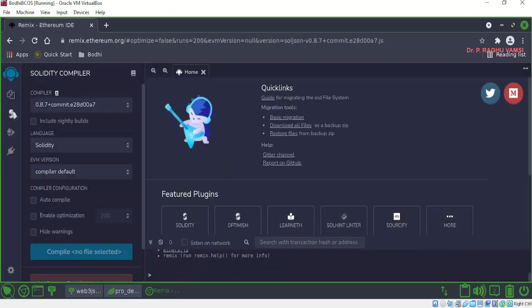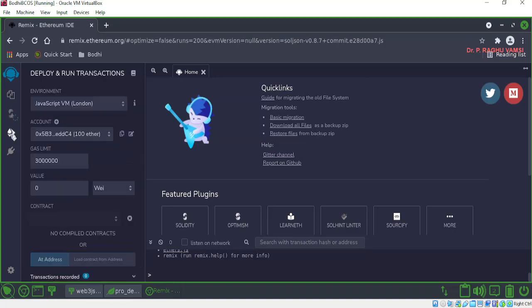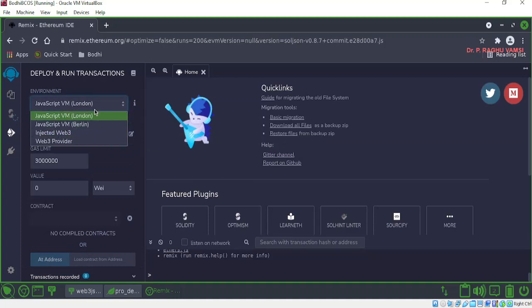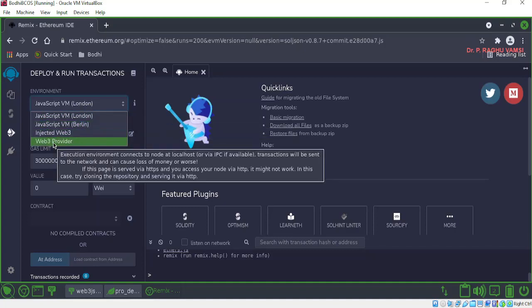At the time of deployment, you can see here the JavaScript virtual machine London and JavaScript virtual machine Berlin. These are the virtual machines provided by the Remix IDE to compile your smart contract, deploy it and test it. Coming to the Web3 provider, the Web3 provider is the Ganache client or the test RPC that is running in the background on your localhost.